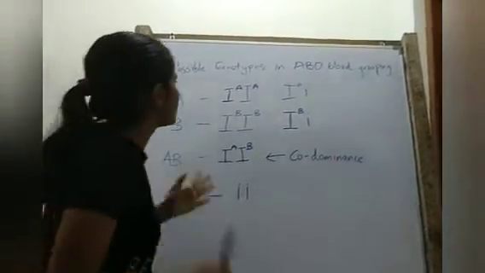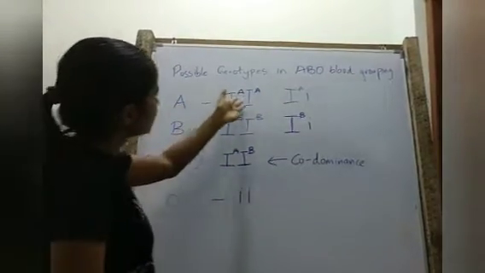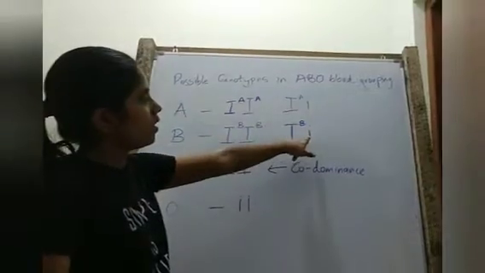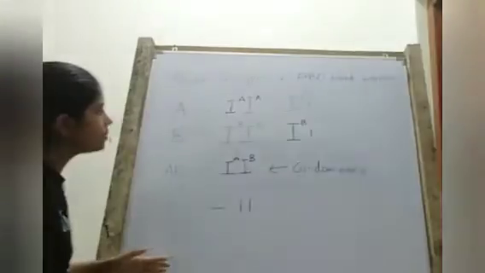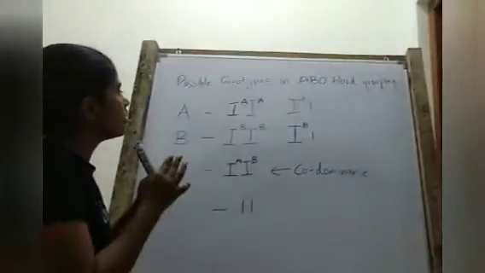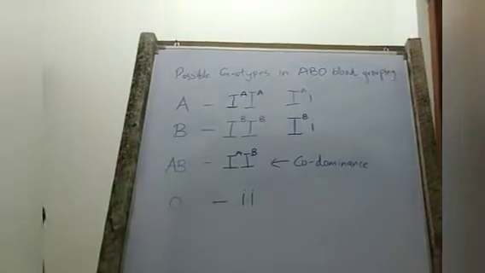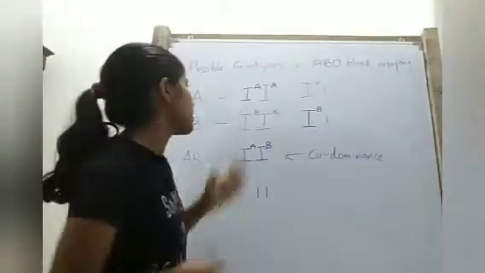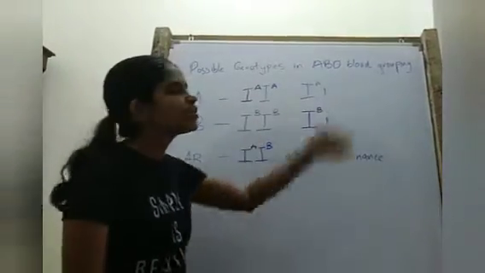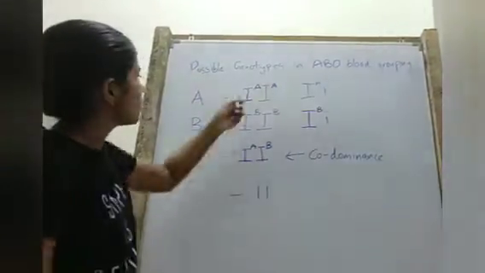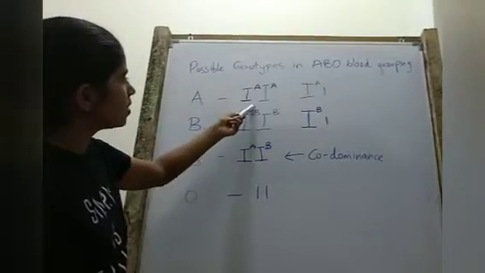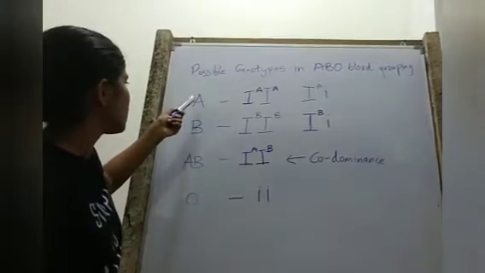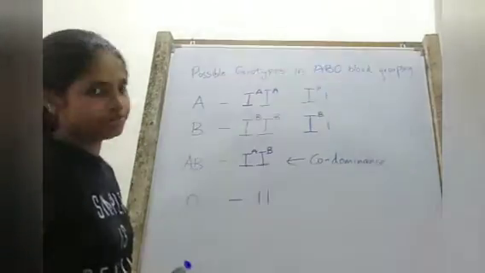So here we can observe that there are more than two types of alleles. Capital IA, capital IB and simple i are present, and certain traits are determined by the combination of more than two types of alleles. So here we have this combination and also this combination. Both give the phenotype A blood group.